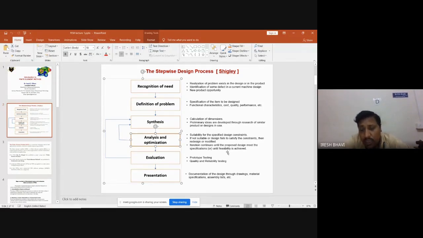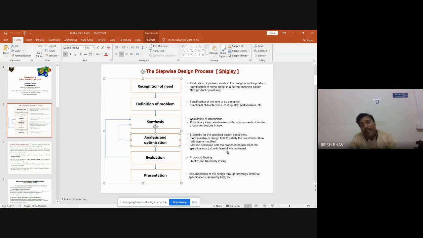So in the analysis phase, manually what we'll do, we'll check the stresses induced in the body, and how the body will function by using theoretical approach, and then we'll optimize it. For example, suppose the stresses induced are very minimum, what I can do, I can reduce the size so that I can save the material. If the stresses induced are very large, I can increase the material so that I can again make the stresses minimum or within the limit. Like that, optimization is also carried out.